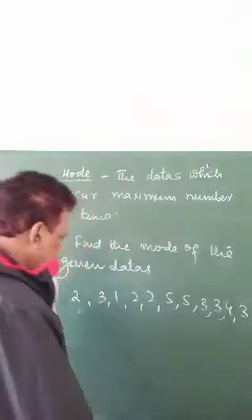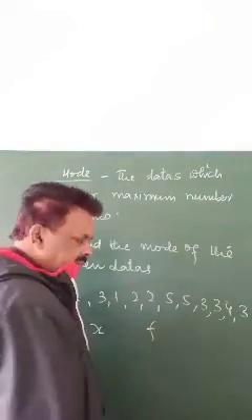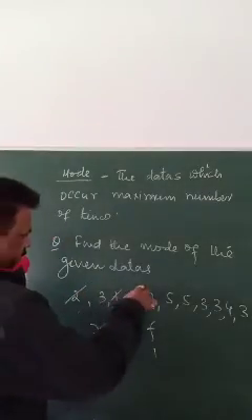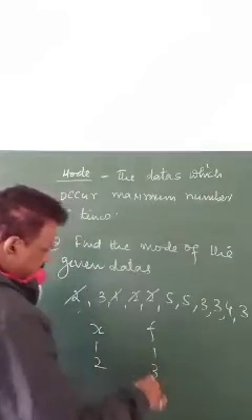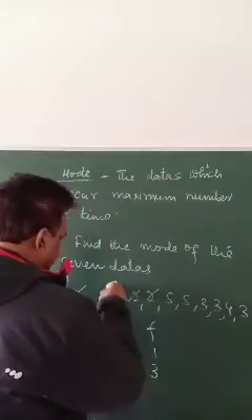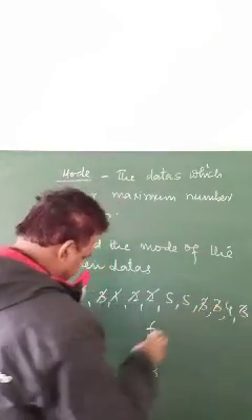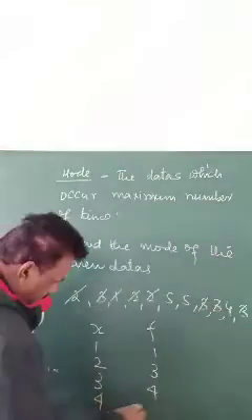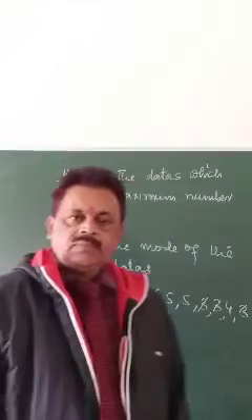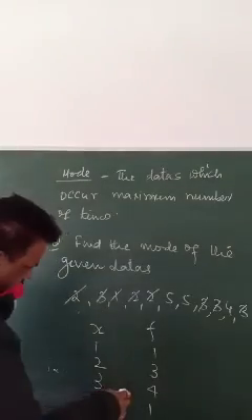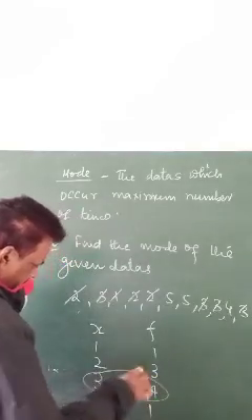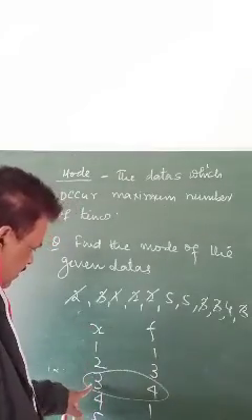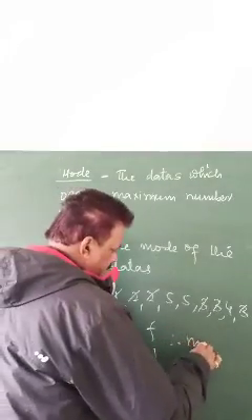Okay. So what you have to do is you write here x, you write here y. Minimum number is 1. How many times? 1 time. 2, 1, 2, 3 times. 3, 1, 2, 3, 4 times. 4, 1 time. 5, 1 time. So which one is maximum number of times? Look here. Maximum number of times in frequency is 4. So which number is 4? In the x column, 3 is 4. Therefore mode equals 3.